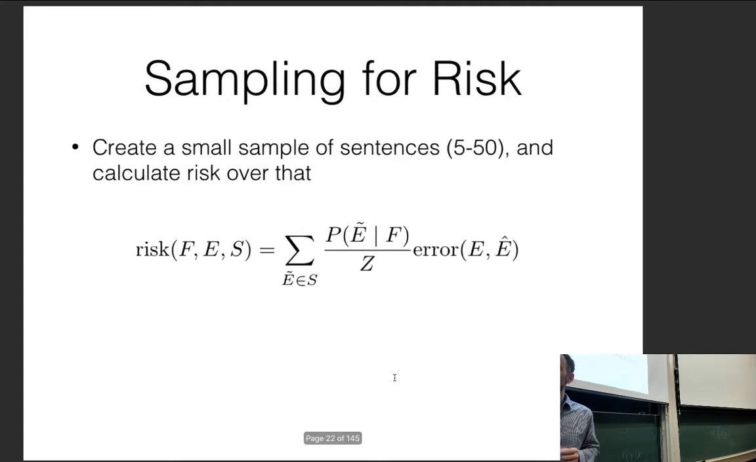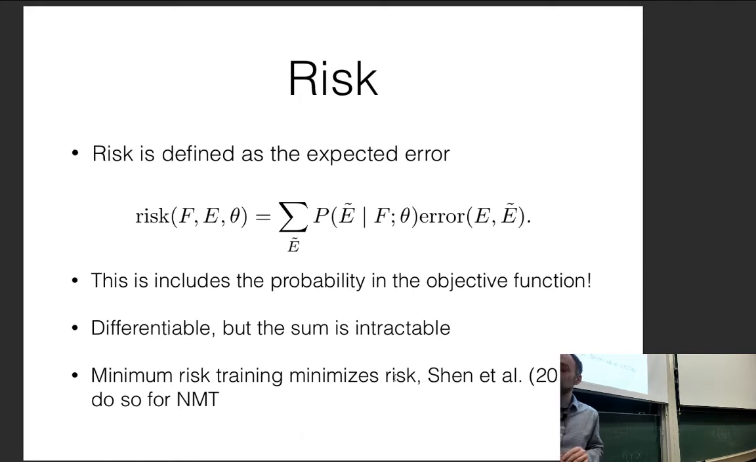I have a very simple quiz, which is, this has a very strong connection to likelihood-based training. What is the connection to likelihood-based training with respect to this here? And specifically, if you need a hint, if you set the error function to a particular value, the connection to likelihood-based training becomes very clear. Any ideas? I heard somebody say something, but